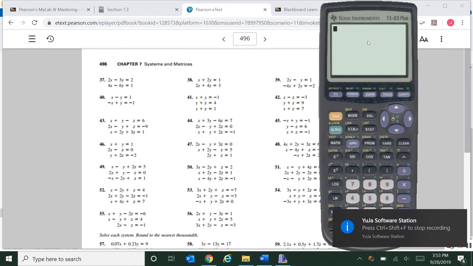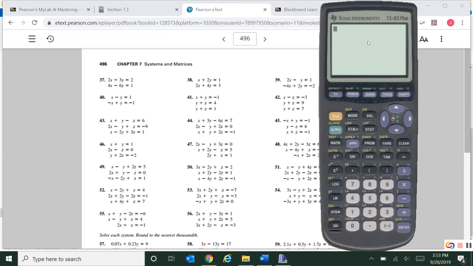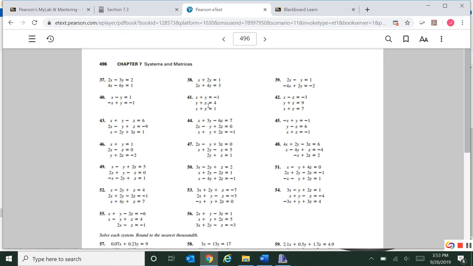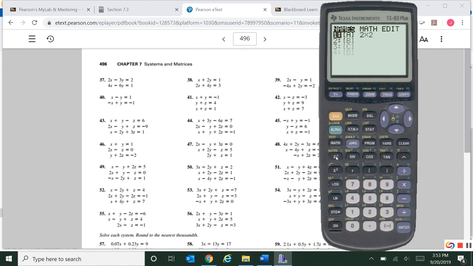I'm going to show you how to use your calculator to solve matrices. So I'm going to do a couple of these here. First I'm going to do 41. Okay, so right here. And the first thing you're going to do is you are going to open up your